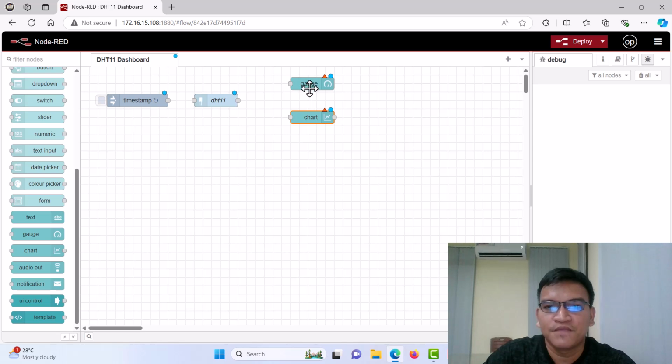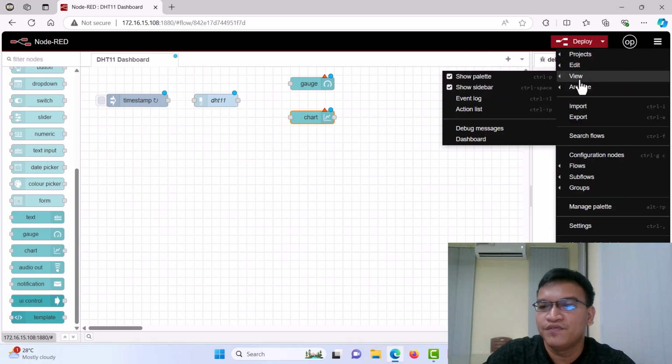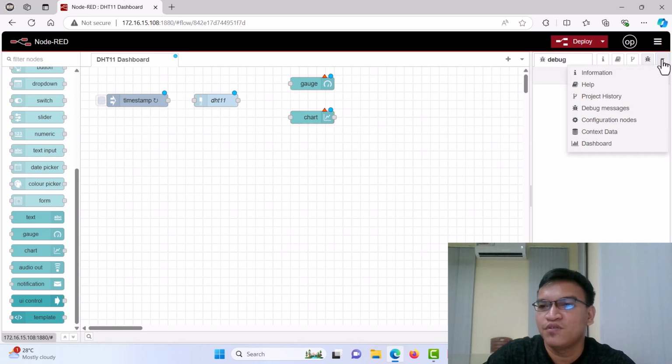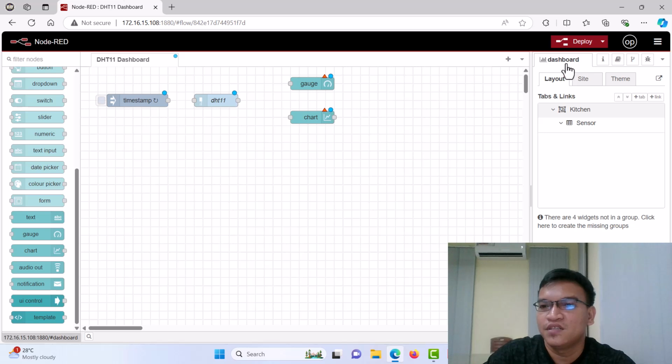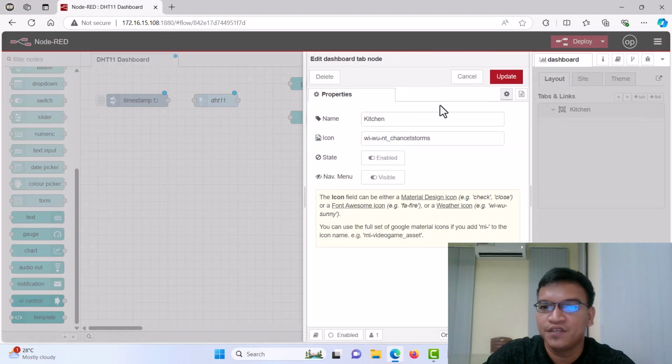Okay, before we can use the gauge and the chart node, we need to set up our website first. You can click on the drop down here and click on the dashboard here. If you don't see the dashboard, you just click on the icon here and on the view, click on show sidebar and click on the dashboard. It will show the dashboard, but for now I'm just clicking on the drop down here and clicking on the dashboard tabs. Okay, this one is my previous project, so I just delete this first and I do everything from